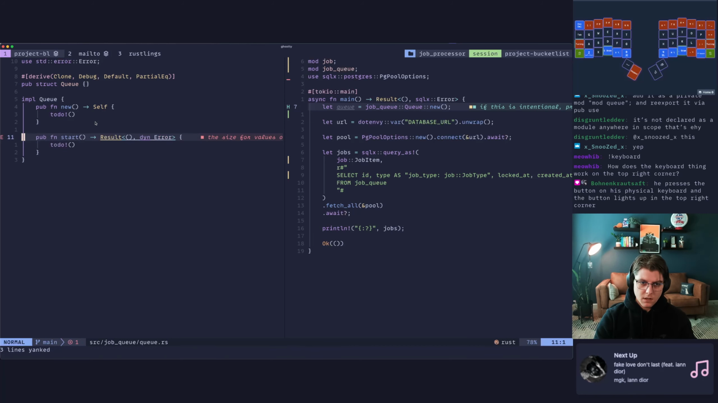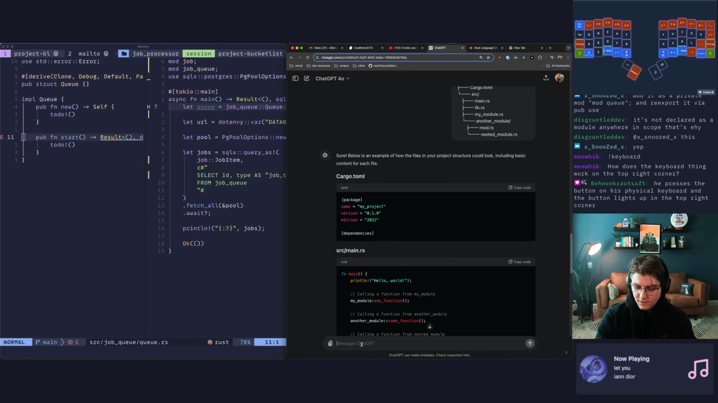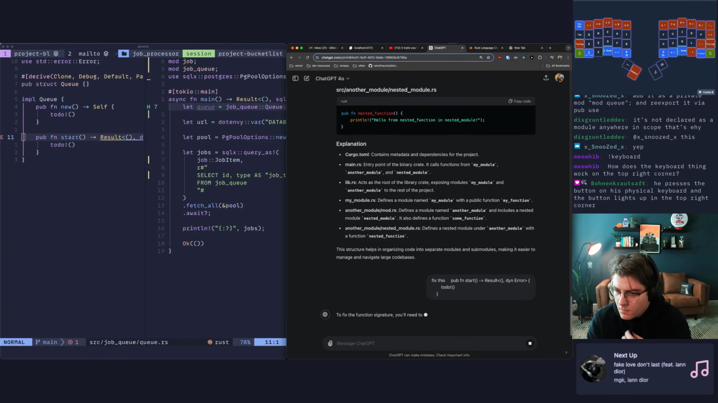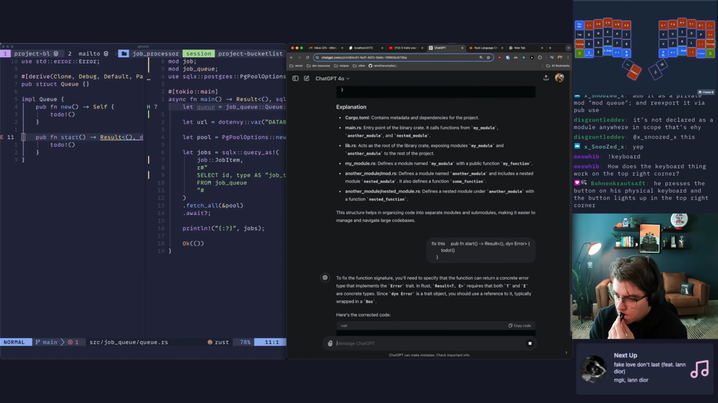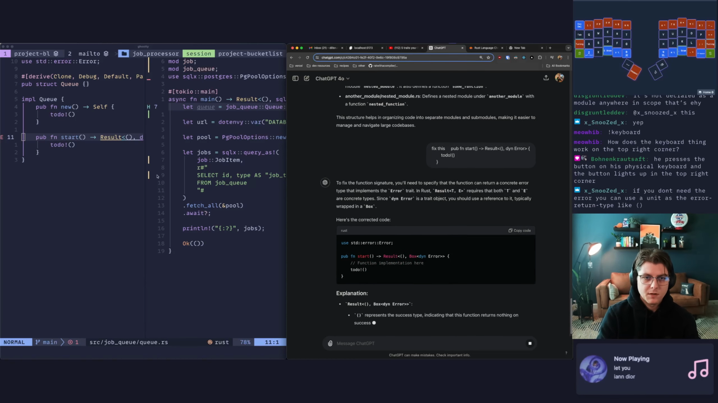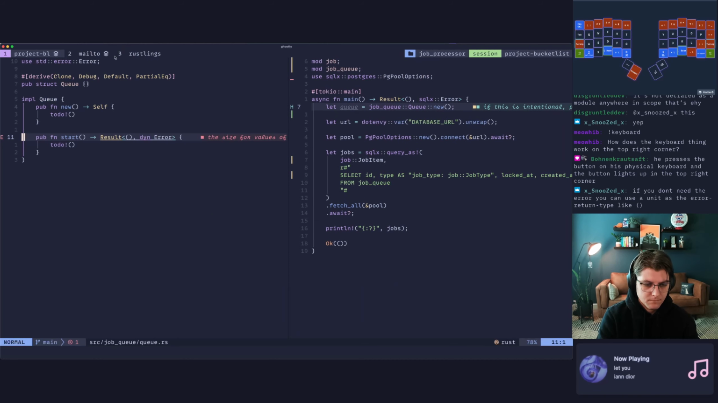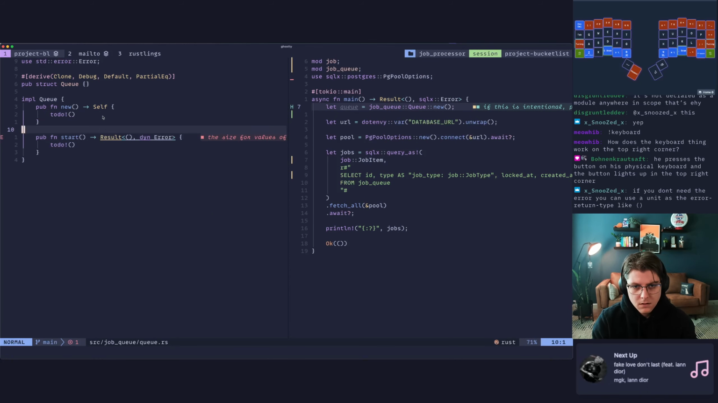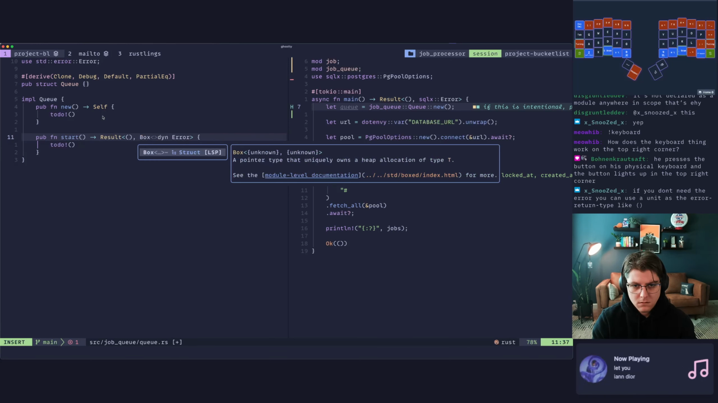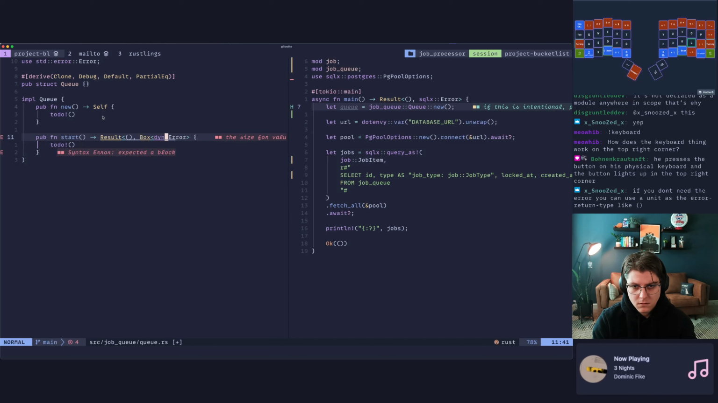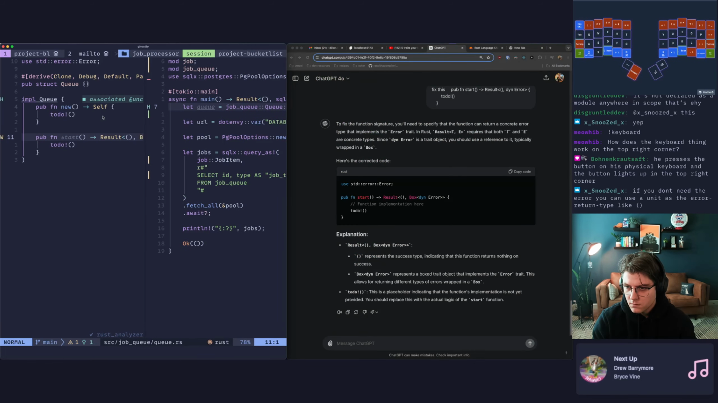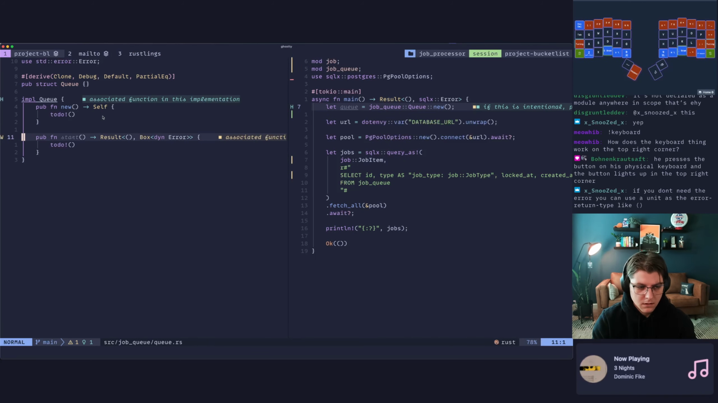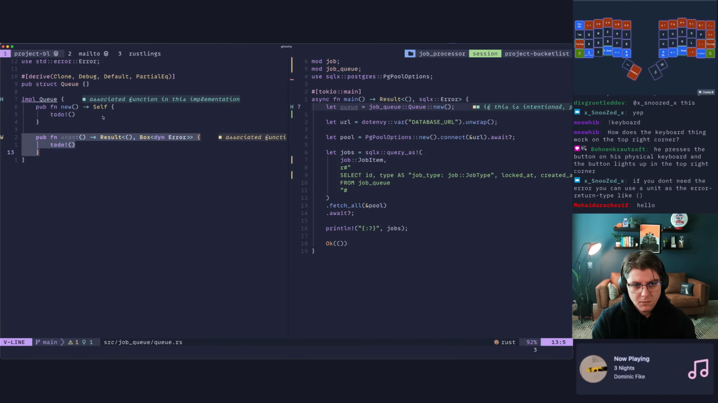Why doesn't this work? ChatGPT, fix this. It needs to be in a box. Is that right? Yeah, okay. So we want to start and we want